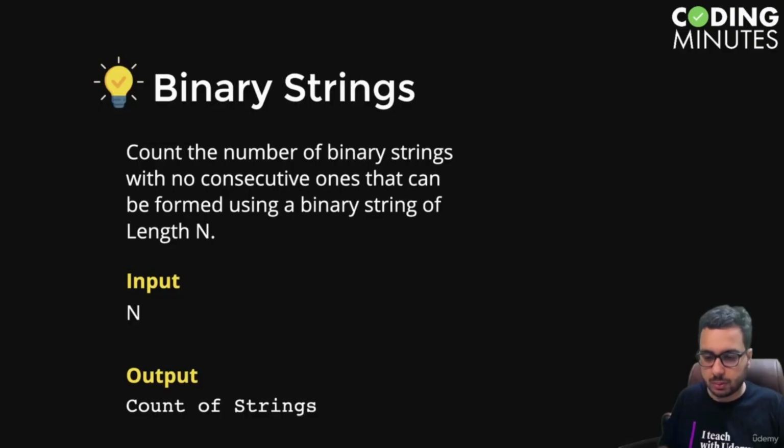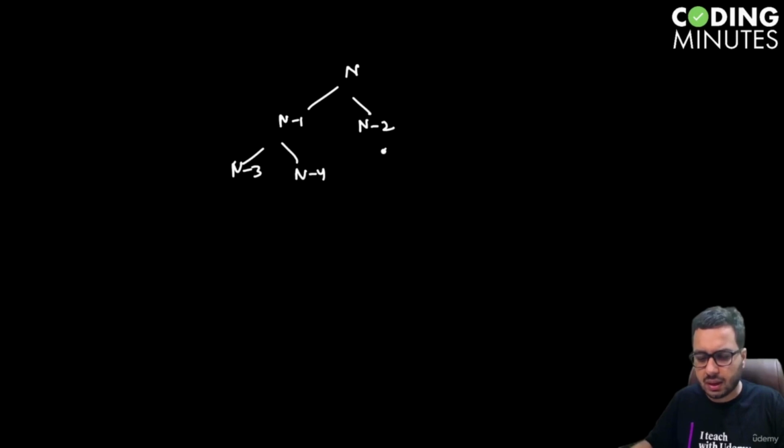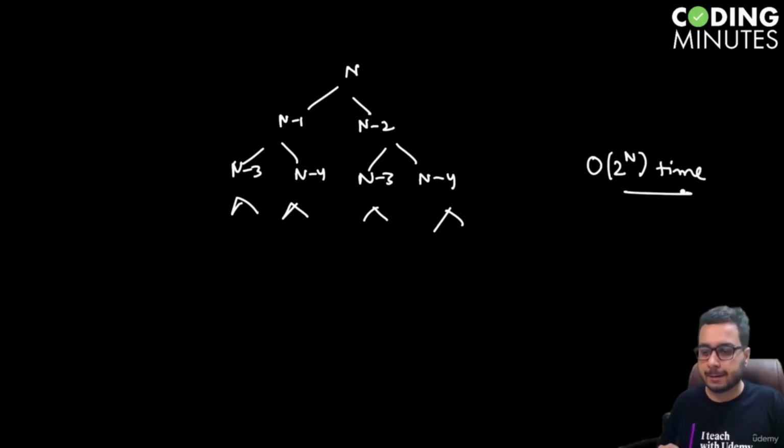Okay, so what would be the complexity of the recursive solution? So you are making two calls at every node, n minus 1, n minus 2, n minus 3, n minus 4, and this is going to take order of how much? 2 raised to the power n time, because it is very same as Fibonacci, order of 2 raised to the power n time. But using memoization, this can be reduced to linear complexity as well, and using matrix exponentiation,